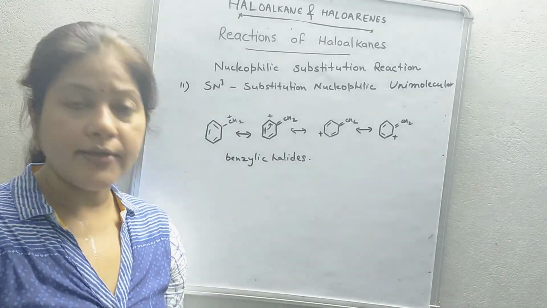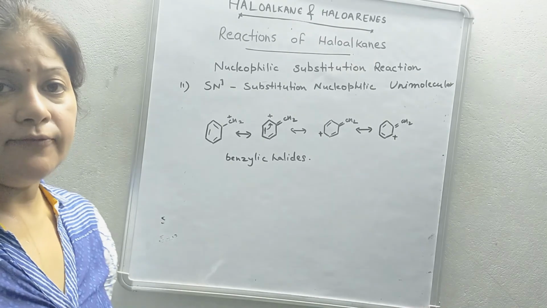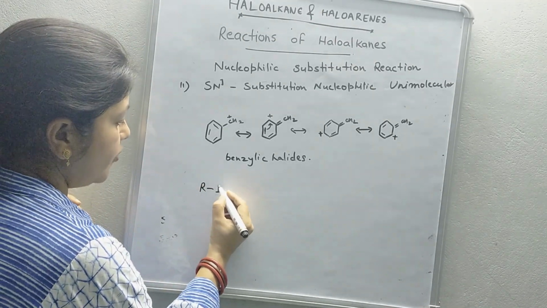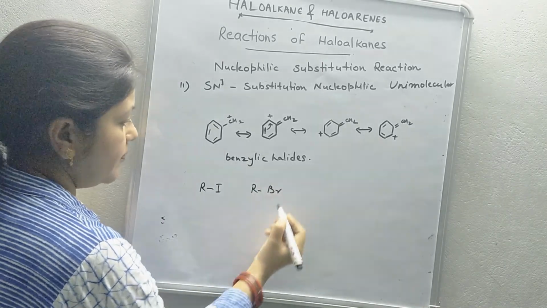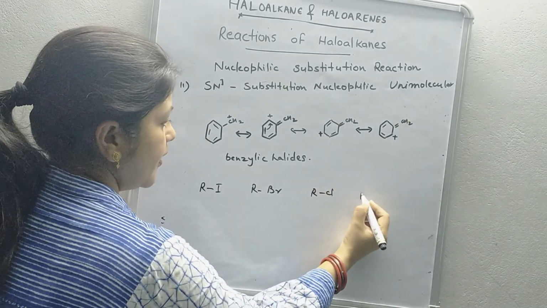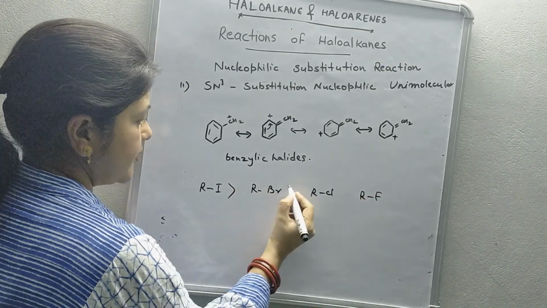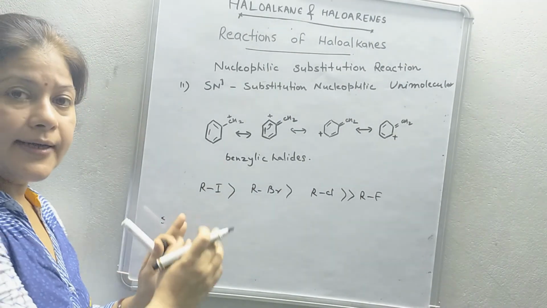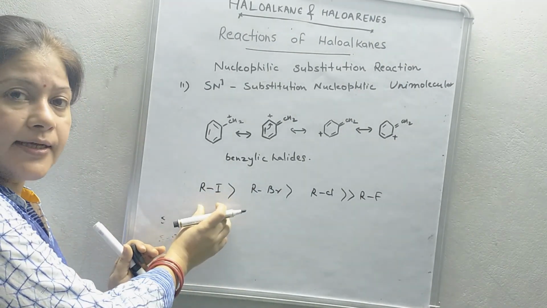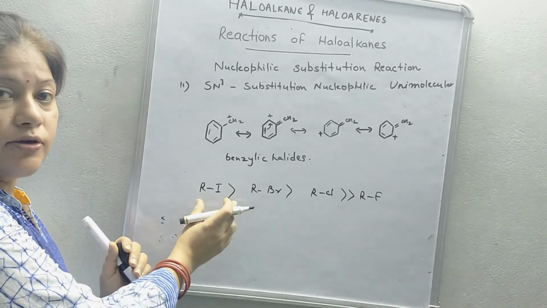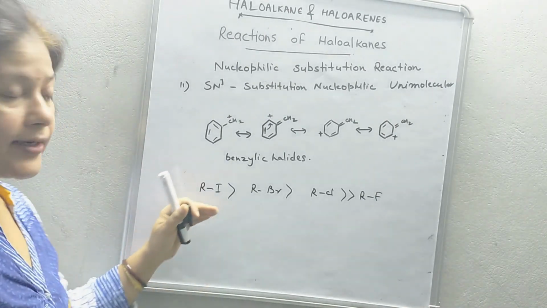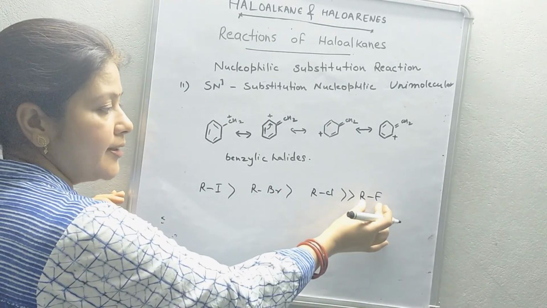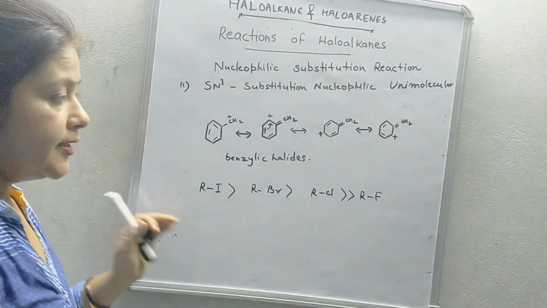Now the reactivity of haloalkane for a given alkyl group is R-I, R-Br, R-Cl and R-F. As soon as we go down the group, the atom becomes larger, so the bond length increases, so it is easier to break, so it is easier to form. The alkyl halide reactivity is in this order. Fluorine is small and its bond length is very small, bond enthalpy is greater, so it is very difficult to break, so it is least reactive.